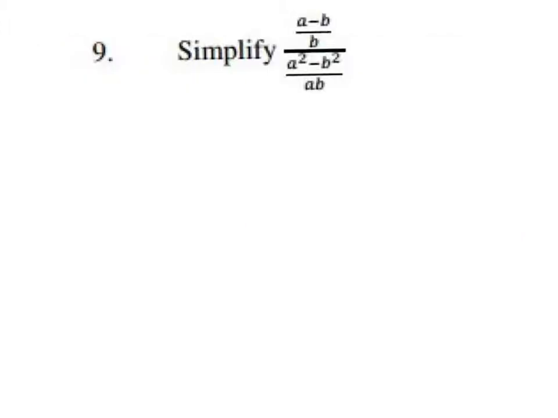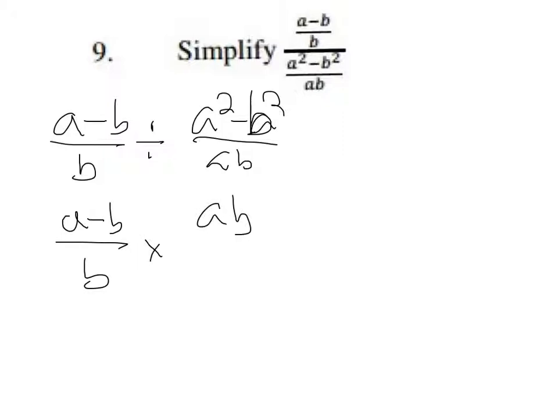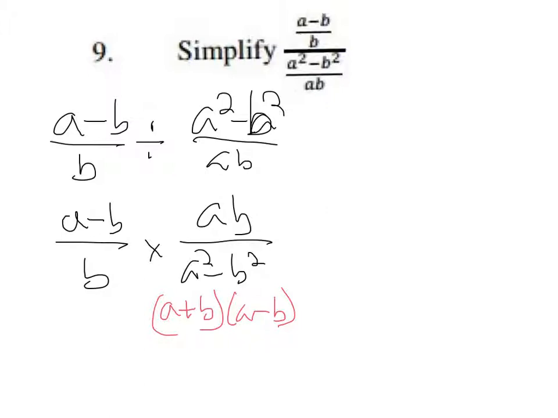This, so it's a compound fraction. One way to do this is to rewrite it. So a over b divided by a squared minus b squared all over ab. So when I'm dividing fractions, I take the reciprocal of the second one and change it to multiplication. And then I want to try to cancel out some stuff. So I notice that a squared minus b squared is the difference of two squares, so that factors to a plus b, a minus b. That a minus b and that a minus b cancel, that b and that b cancel, that leaves me a